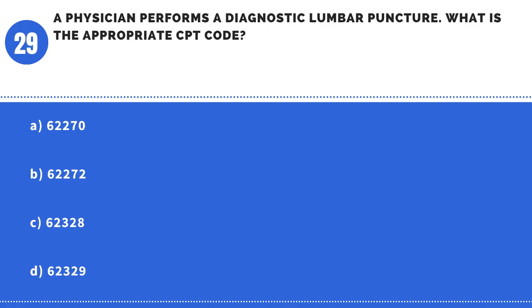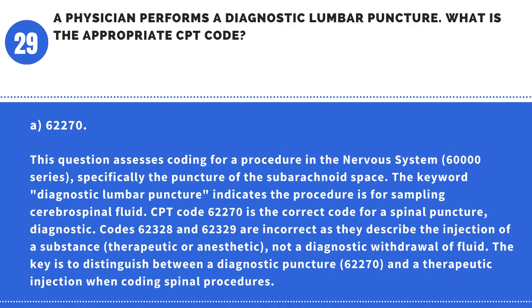Question 29. A physician performs a diagnostic lumbar puncture. What is the appropriate CPT code? A. 62270. B. 62272. C. 62328. D. 62329. Answer: A. 62270. This question assesses coding for a procedure in the nervous system 60,000 series, specifically the puncture